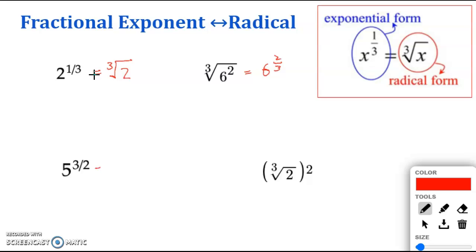What about this? Okay, now let's see if you can convert this into radical form. That means square root symbol. Okay, so I can write this as 5 to the power of half, all raised to the power of 3, and that is the same as square root of 5, because 5 to the power of half is square root of 5, all raised to the power of 3. Or I could have thought of this as 5